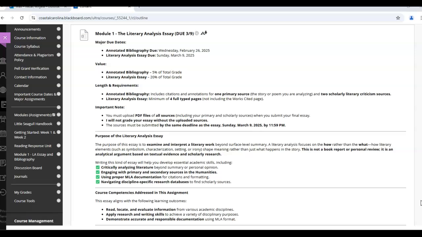You're also going to incorporate 2 literary criticism sources. So if you go back to that scavenger hunt, I asked you to go look up things. By now you should figure out that all of the stuff I asked you to look up had to do with the stories we're reading. Okay? So you're going to find 2 sources on your story of choice, and you're going to incorporate that. So you're going to say what the critics think. All right?